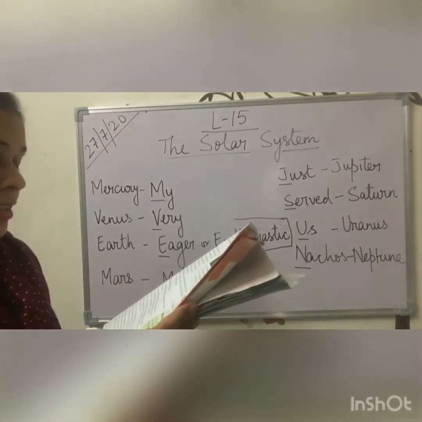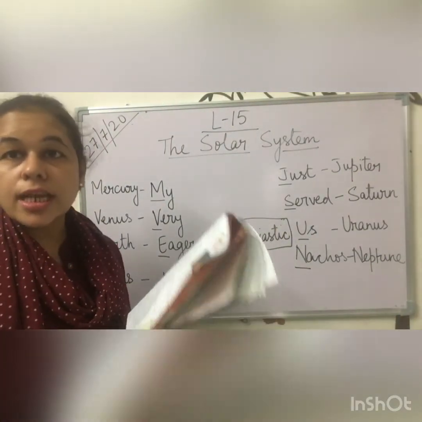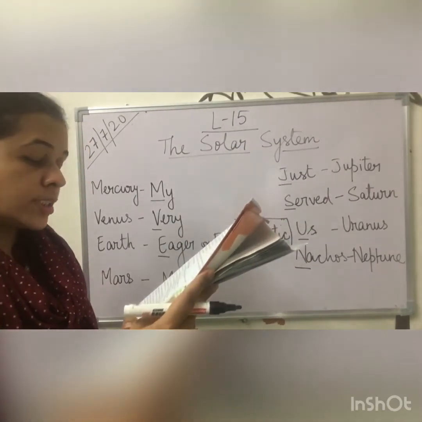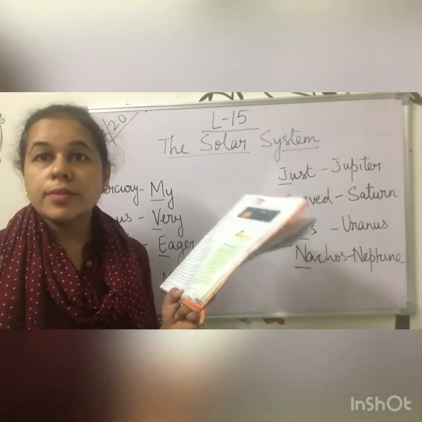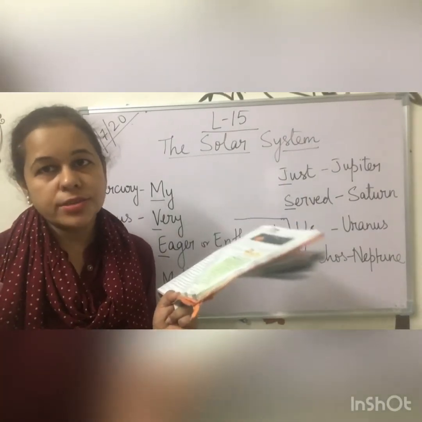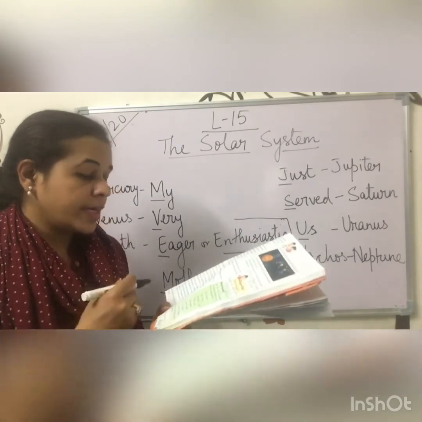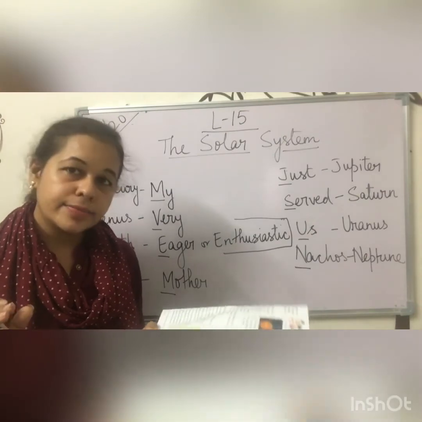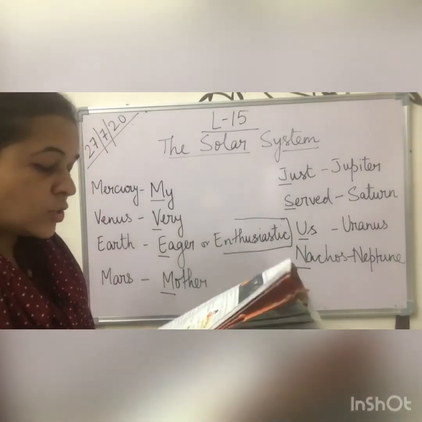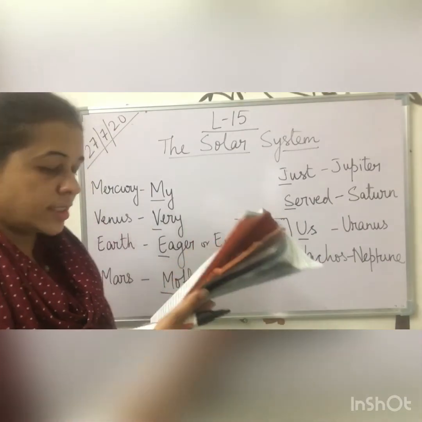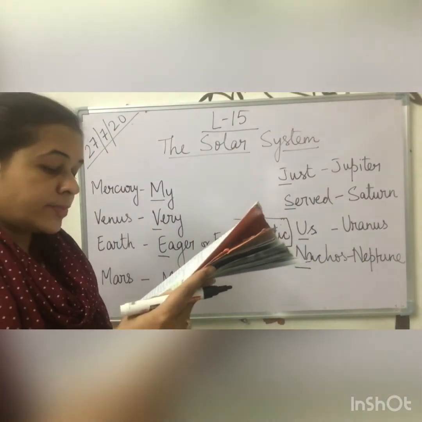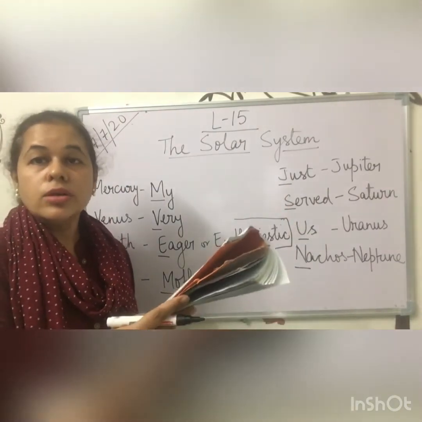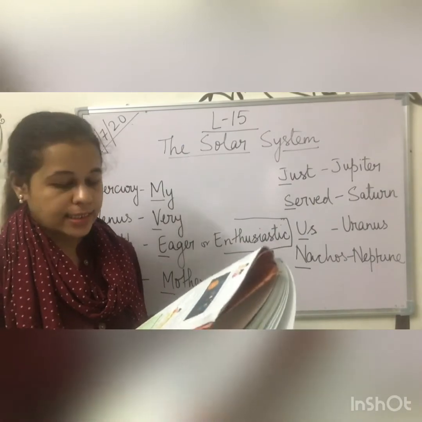Okay. Jupiter is the largest planet in the solar system. So which is the largest? Jupiter. Jupiter is so big that all the other planets in the solar system could fit inside it. Now think about how big Jupiter is. Means it is so big that all the planets can fit in that planet. It is also the planet with the maximum number of moons. It is a planet filled with gases.